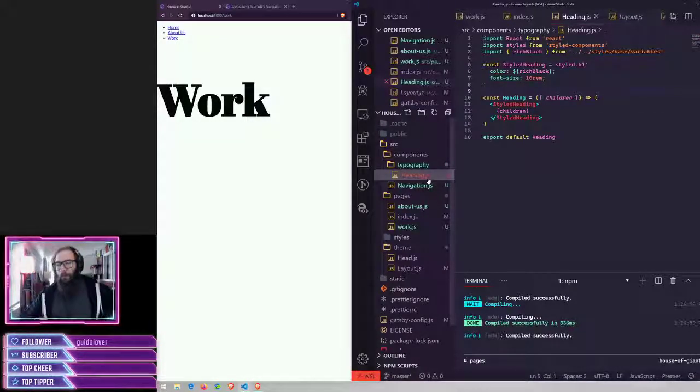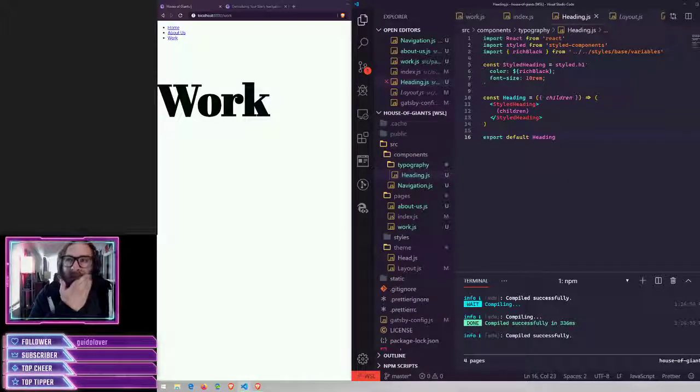What I like about being so componentized in all of this stuff is it provides you an opportunity to think about how you want your components to be used by other developers on your project, right? So if I'm sitting here thinking about how other developers are going to use this heading component, I want to sit and think, okay, cool. So this is just a normal styled H1 that has some specific styles to it because it is supposed to be